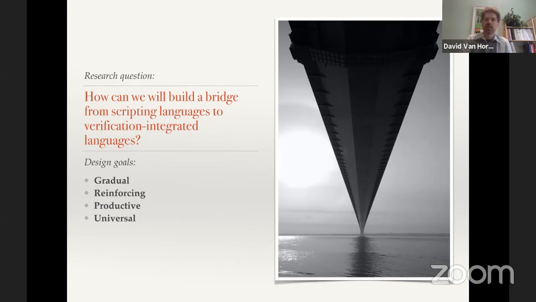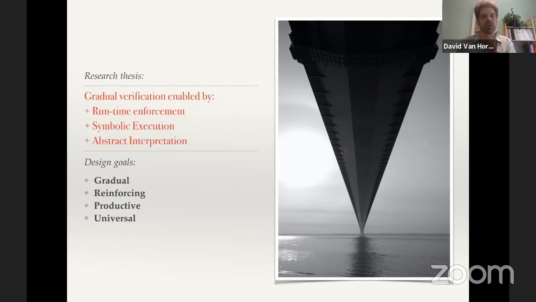And to the extent possible, I would like this stuff to apply to a broad range of programming languages and idioms and things like that. So to the extent possible, I'd like these techniques to be universal. Okay, so I have a solution that I'm going to talk about today,